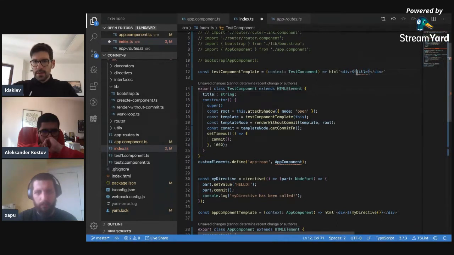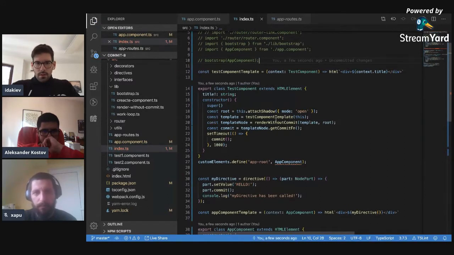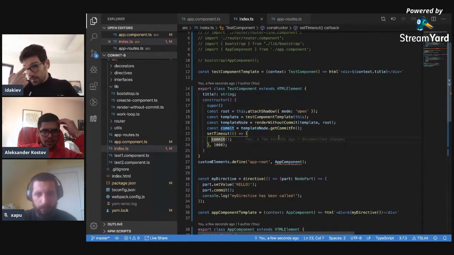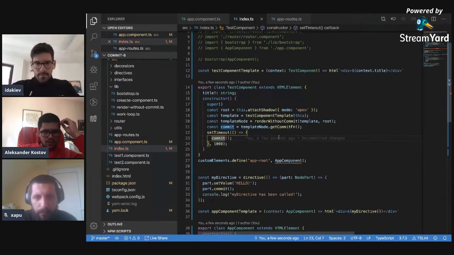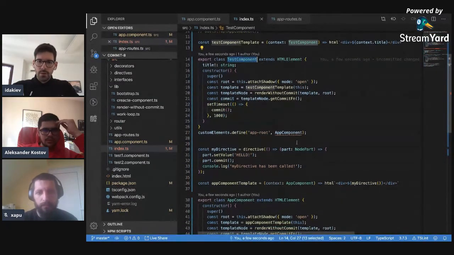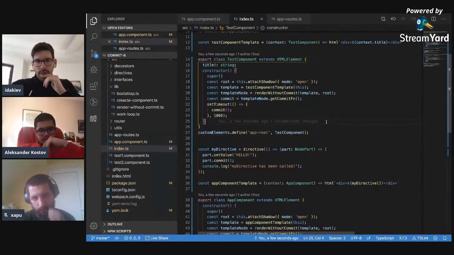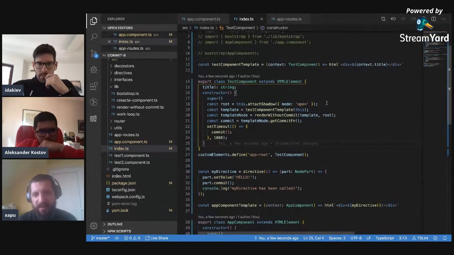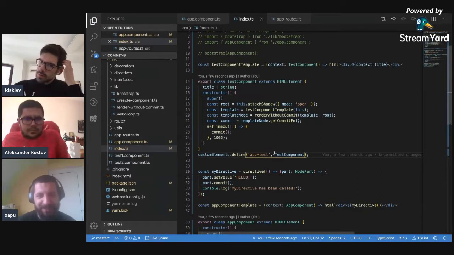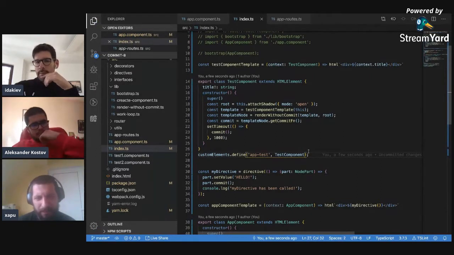Is it complaining? It should be context title. Yeah. And everything's fine, right? On line 27, it's complaining that you're using app component. Yeah, I was talking about this part, but that part's okay. No, I think all of the parts are okay. And you should define it as app test or something. 27 again, yeah. Even though I'm not using this actually,